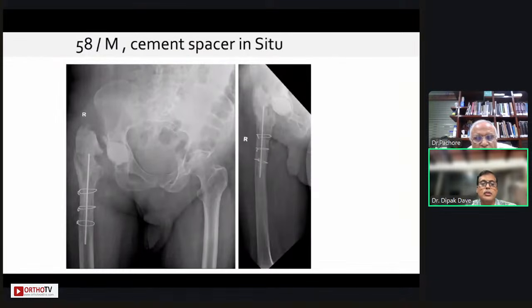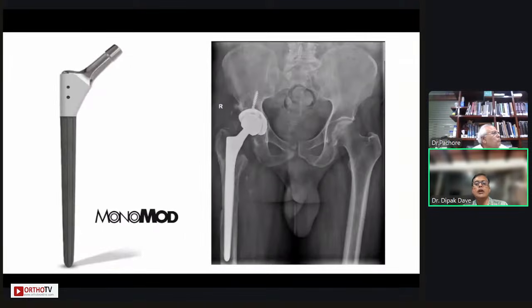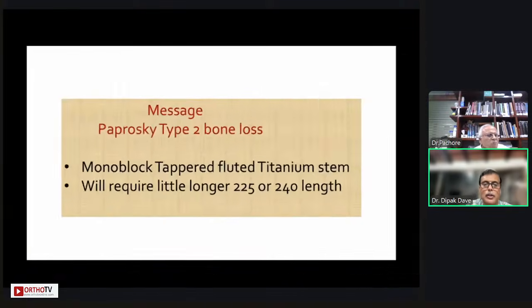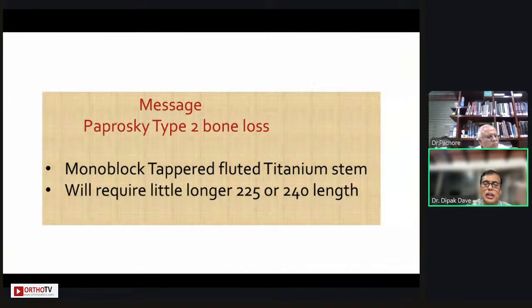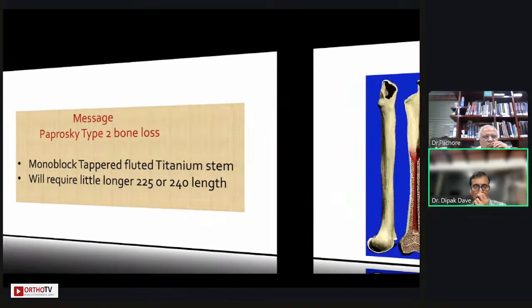Again post sepsis, cement spacer removal and a distal loading titanium stem. So the message: Paprosky type 2 bone loss, again a monoblock tapered fluted titanium stem. But in this kind of type 2 bone loss, you will require a little longer stem, 225 or 240 length. So you need to know, Wagner has 225, Redapt and Reclaim have 240 length. You need to know which company has what length, and plan your ETO